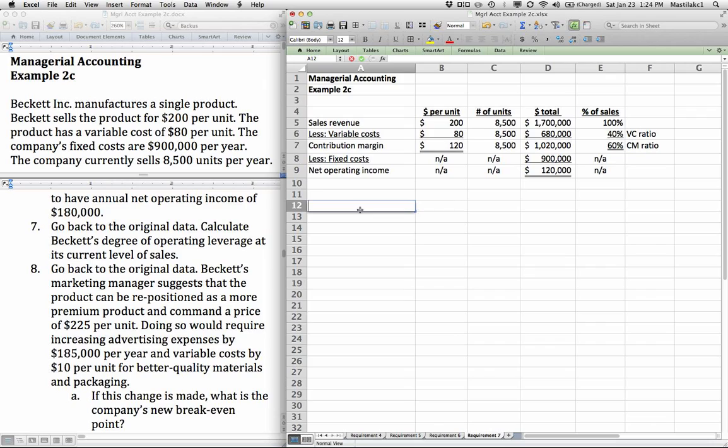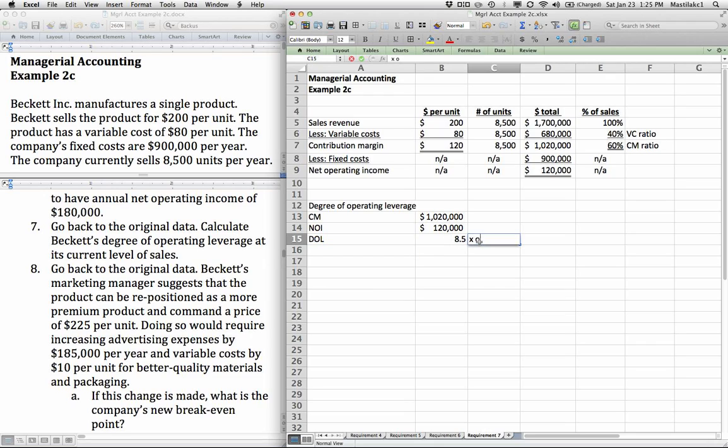The calculation for degree of operating leverage is to take the contribution margin and divide it by the net operating income. So using our original data, with 8,500 units per year being sold, we have a contribution margin of $1,020,000, and we have net operating income of $120,000. And so our DOL, our degree of operating leverage, is just going to be the division between those two, or